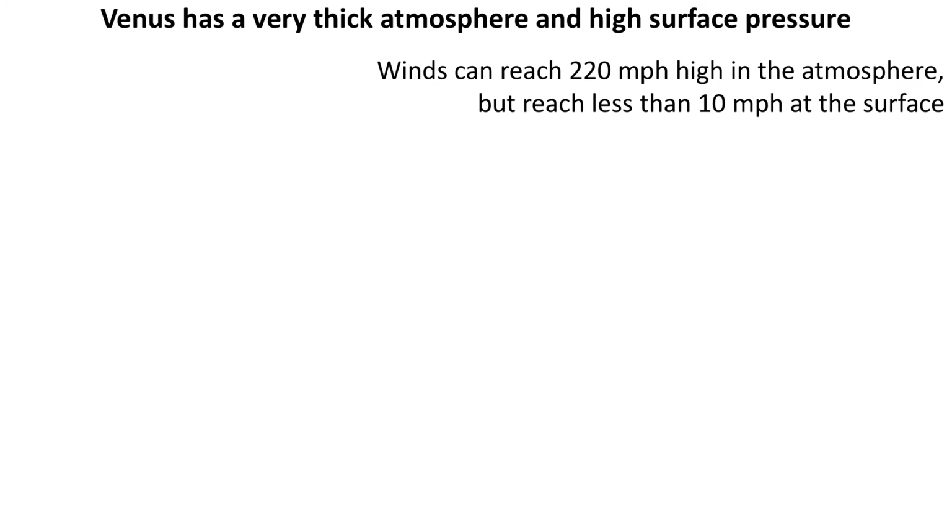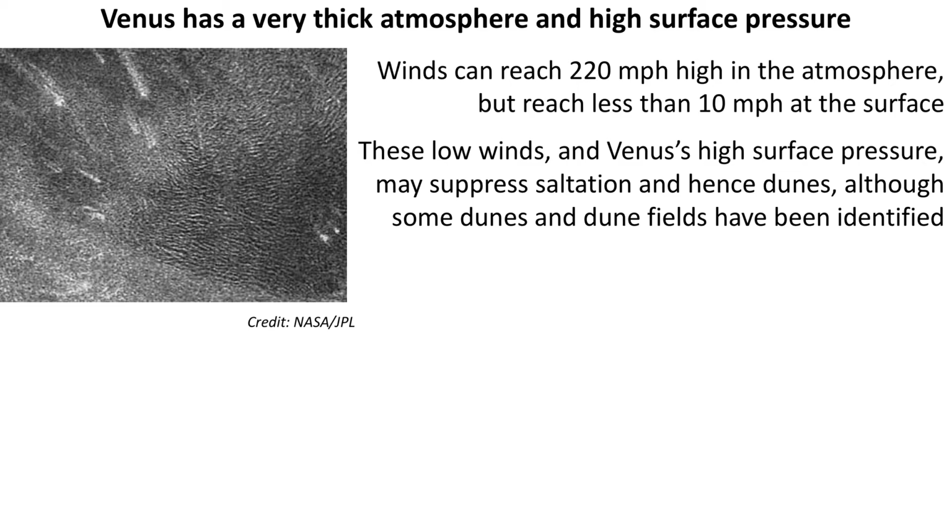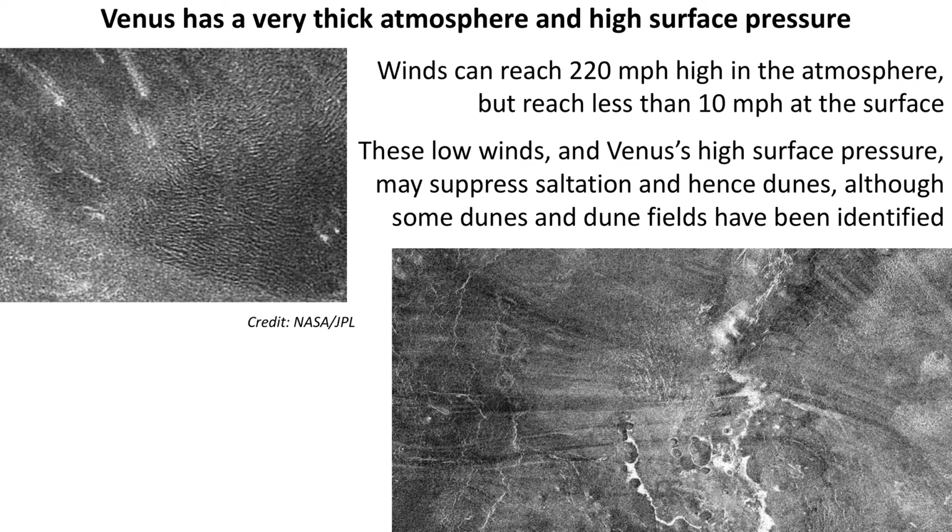So Venus has a very thick atmosphere and high surface pressure. Winds can reach 220 miles per hour high up in the atmosphere, but they actually reach less than 10 miles per hour at the surface, so pretty sluggish, really. These low winds and Venus's high surface pressure can suppress saltation and hence dunes, although some dunes and dune fields have been identified. So here are some dune fields that have been seen in Venus radar data taken from orbit